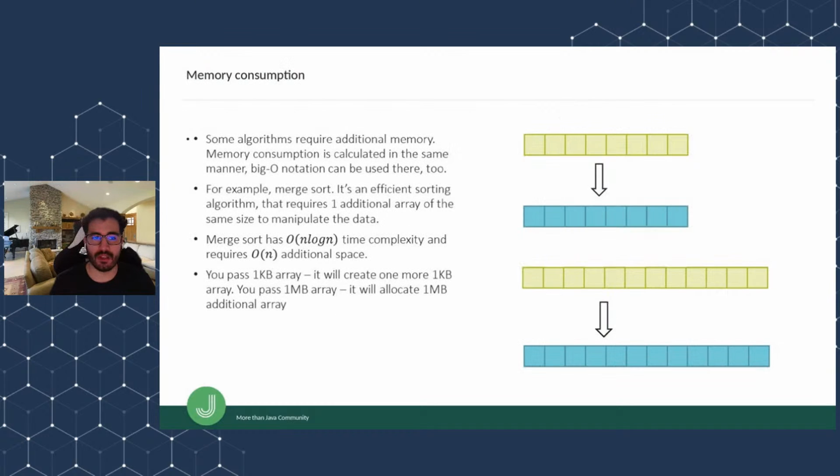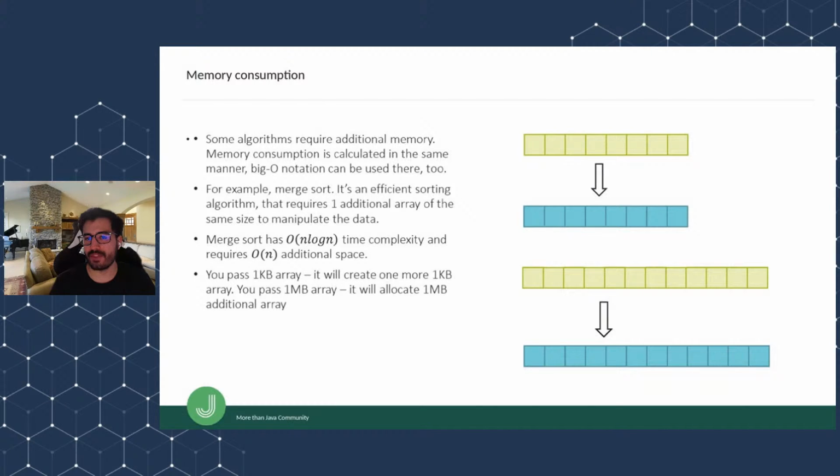Now, talking about memory consumption. There are some algorithms that require additional memory. Memory consumption is calculated in the same manner. Big O notation can be used here too. For example, merge sort. It's an efficient sorting algorithm, but it requires an additional array of the same size to manipulate data. This means that the merge sort's initial data structure is unordered, and you need to sort this. In this case, the green